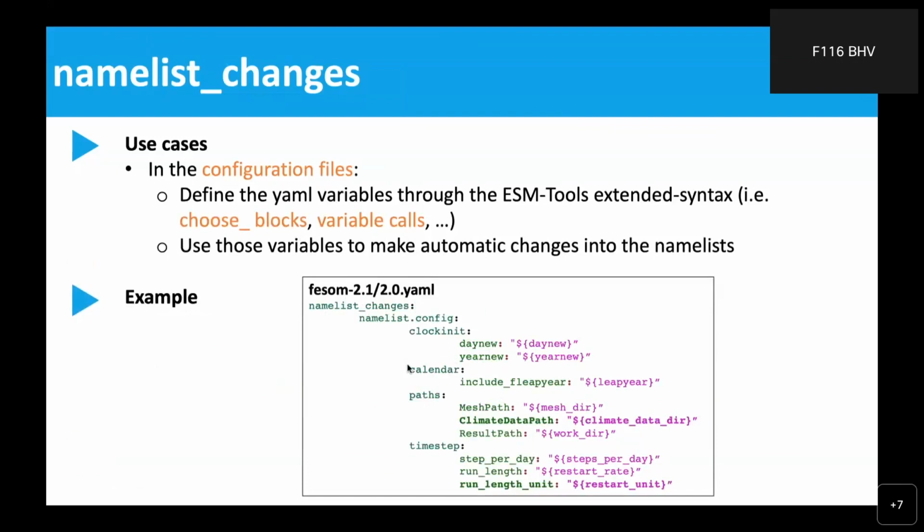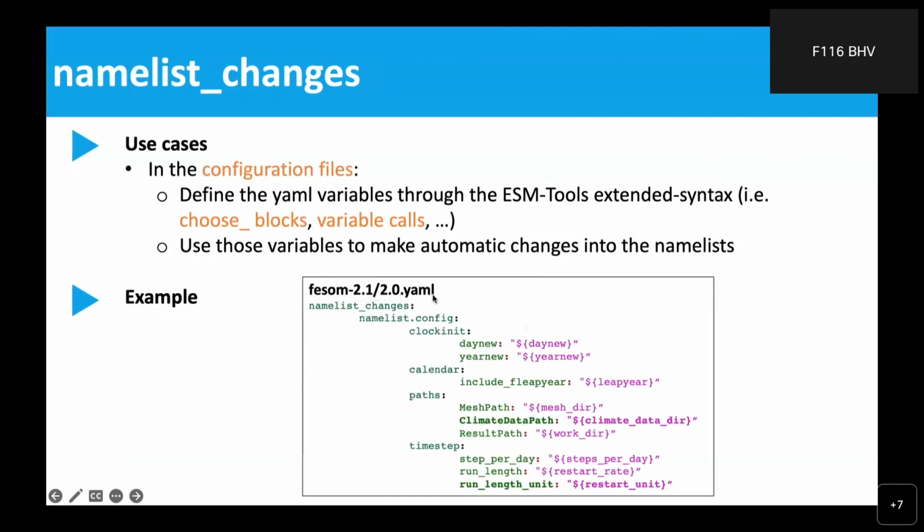So the developers of this file, what they chose to do is, okay, I'm going to create some variables. I'm just going to do it here so that it shows up in the video. I'm going to create some variables in the root of FESOM 2, in the FESOM YAML. So these variables are the new year, leap year. You cannot see them here, but they are somewhere else at the base root here. That means that these variables are often changed by the user. And what it means is basically that the user doesn't need to use namelist changes from the run script. It can just simply edit this variable,